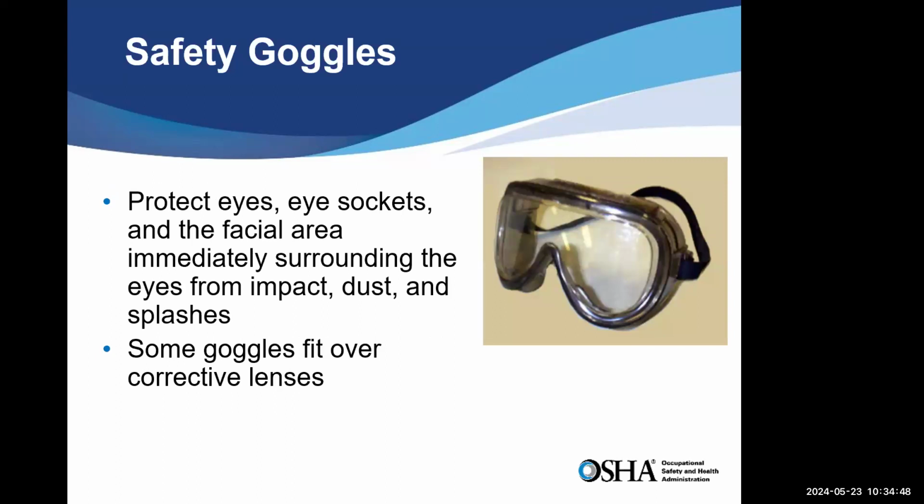Safety goggles. Safety goggles are different than safety glasses. A goggle protects the eyes and the eye socket and the facial area immediately surrounding the eye from impact, from dust, from splashes. Safety goggles fit over corrective lenses. I know I've had that question before. If a company has safety glasses that are required for their work environment,